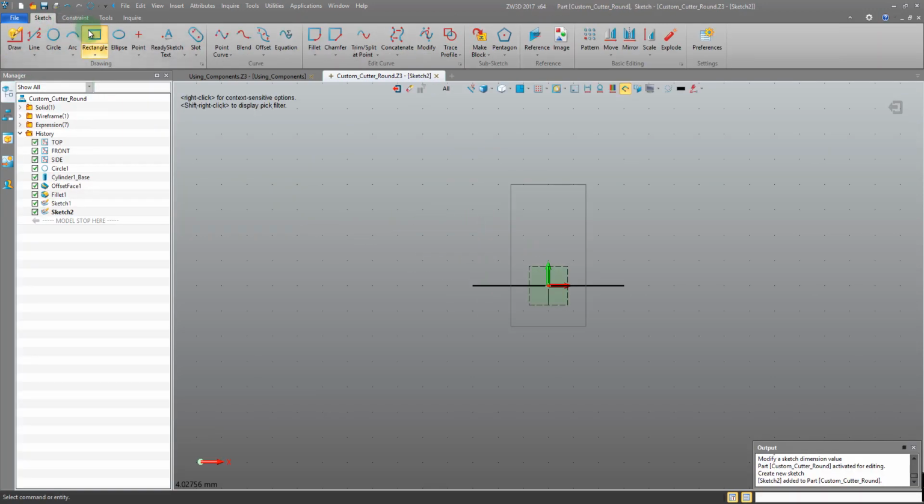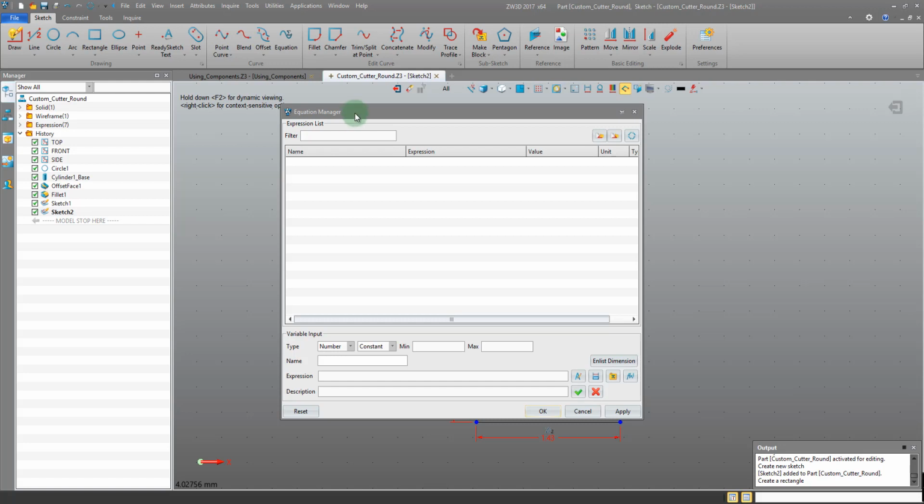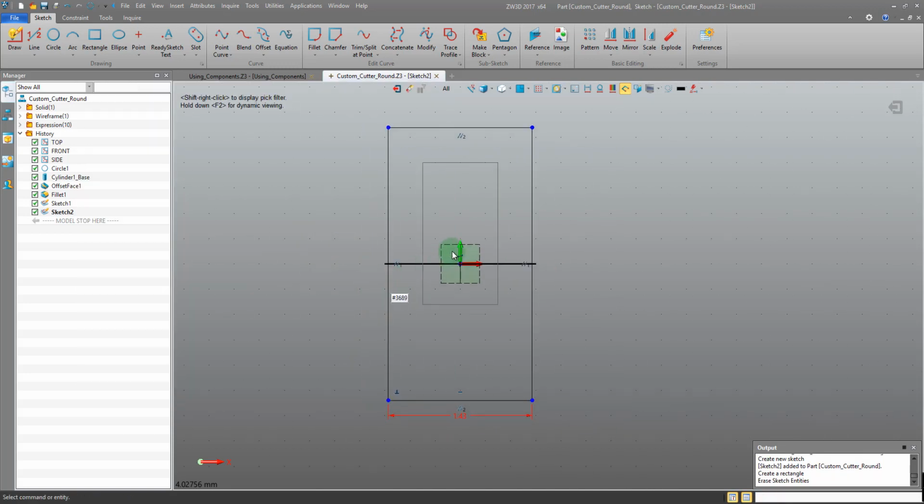Same method, but with a side 2. So drag this out an arbitrary distance. Let's just insert those equations now. And we'll call this side 2 to gem diameter. Let's go for a 0.6. Depth 0.4. Height 0.8. Apply, okay. Then we delete this dimension, delete that constraint, come in with 2 lines,